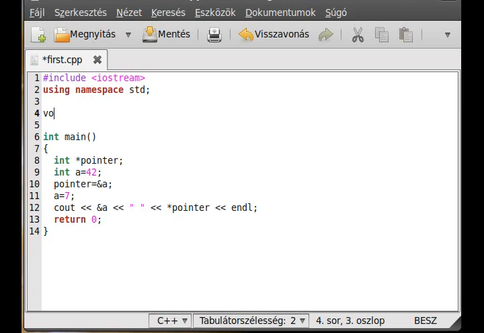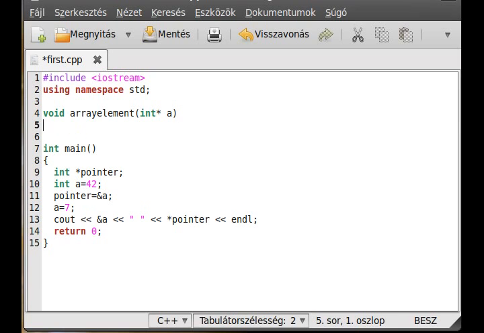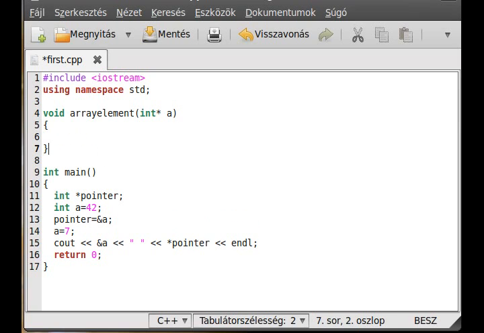It will be void arrayElement, like that, and it will get an integer pointer a, for example, like that. So this is the first element of the array,